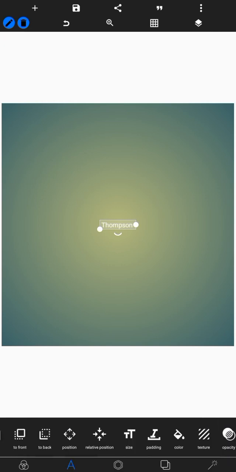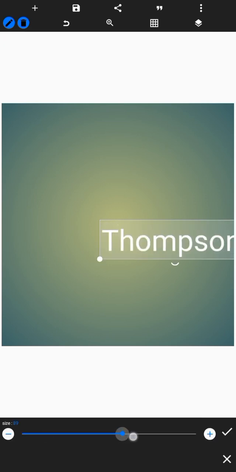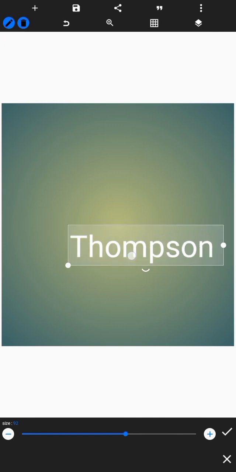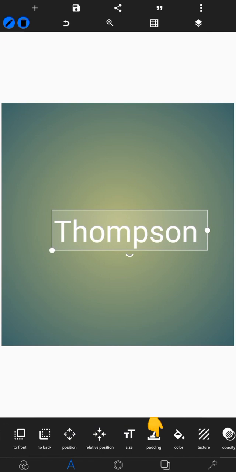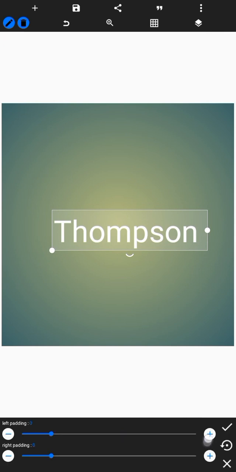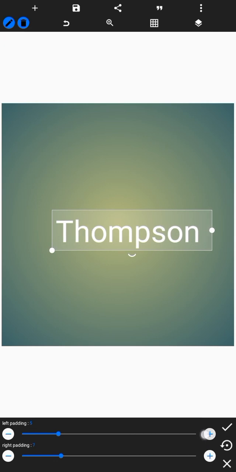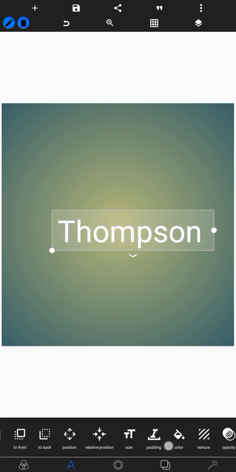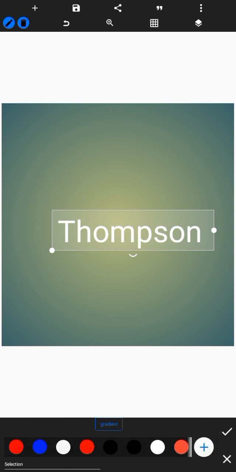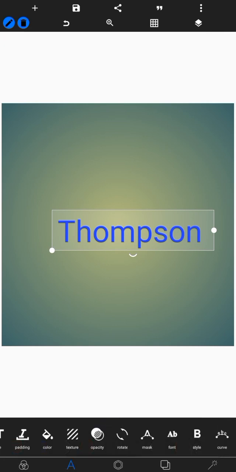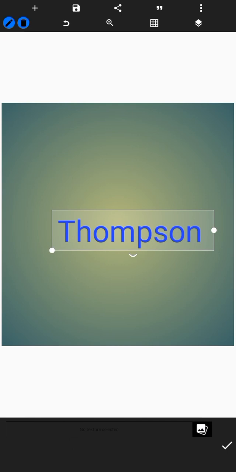And here is size. You can resize your words. Then here is padding. You can center your words through here. Then the color section. This is the color section. Then the texture section, if you want to add an image to your text,